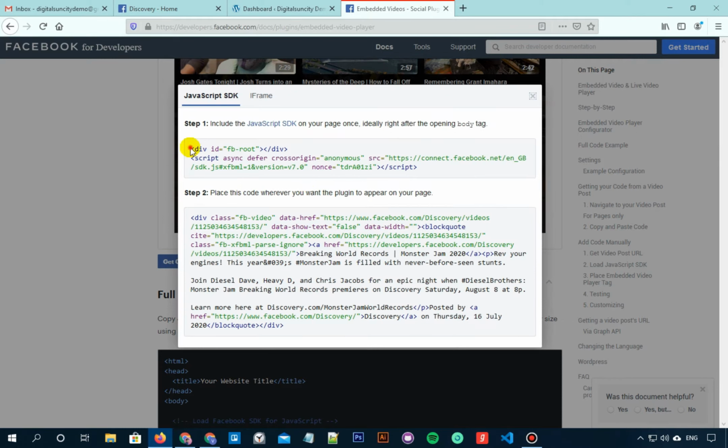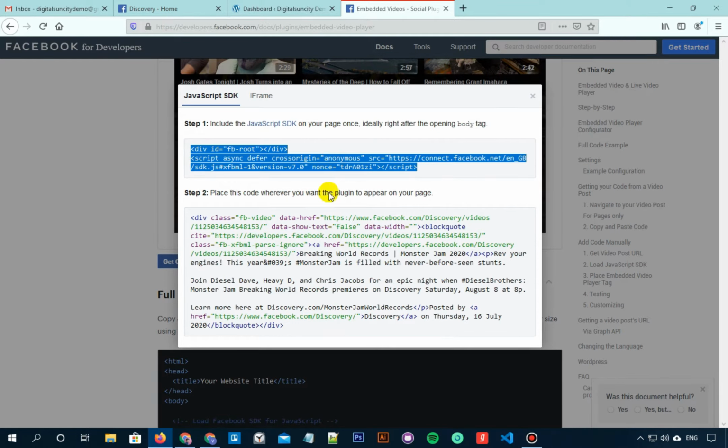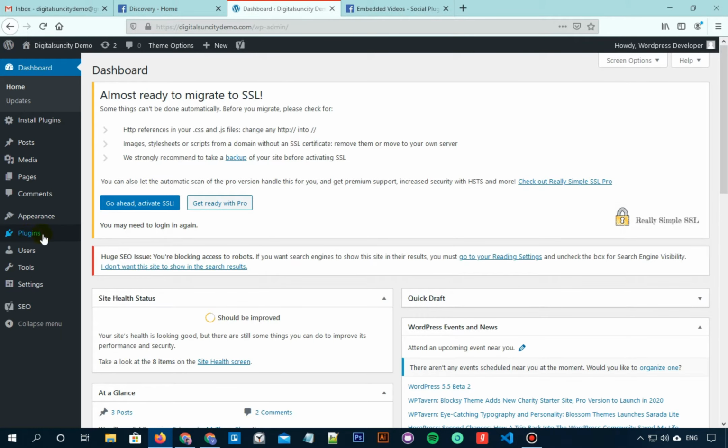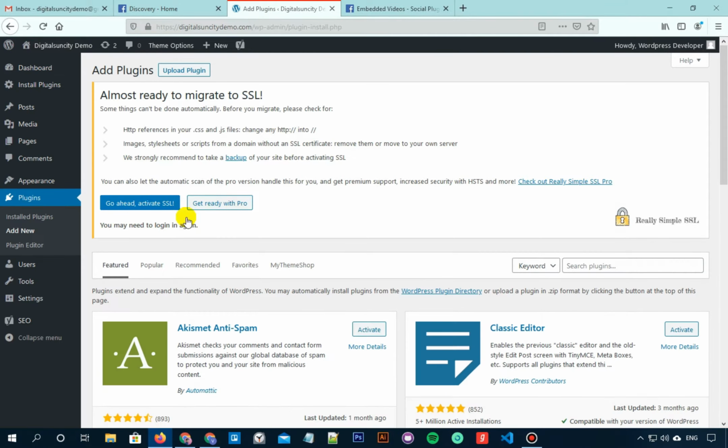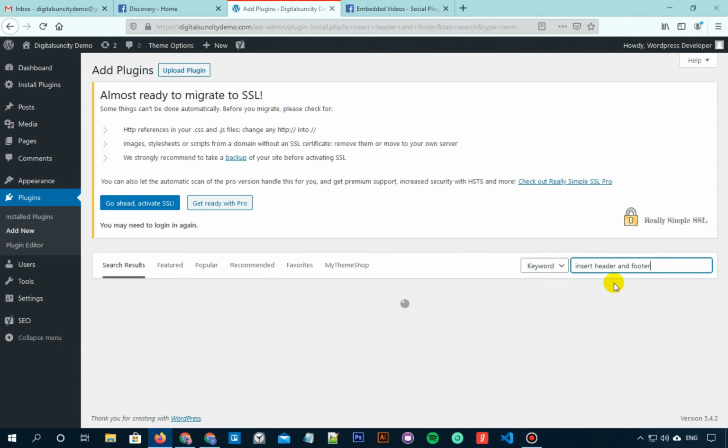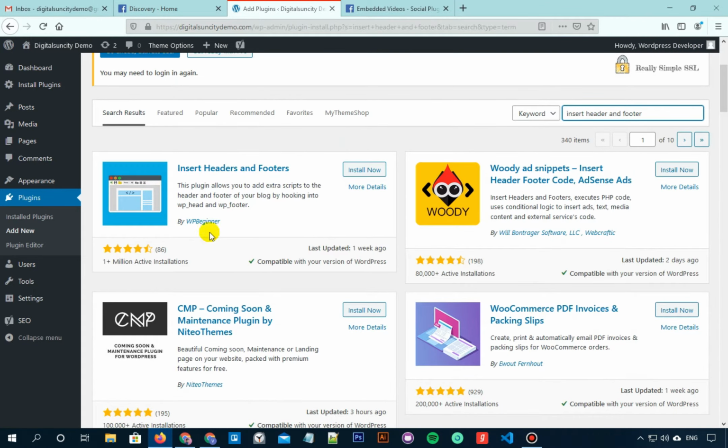So the first part of the codes needs to go to the website's header section. The simple and easy way to do that is by installing a plugin. So let's first copy this code. And in my WordPress dashboard, I'll hover on plugins and then click on add new. Now in the search box, search for the Insert Headers and Footers plugin. It's a very popular and recommended plugin, and I'll install this plugin